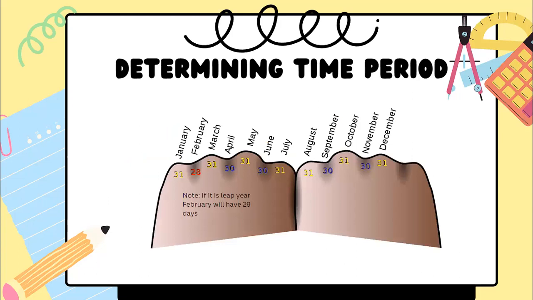Next. Now, in determining time period, kailangan nating malaman yung mga months that are up to 31 days and months that are up to 30 days. Now, meron tayong method na gagamitin para mas madali nating ma-determine kung ano-ano ba yung mga months na hanggang 31 and ano-ano ba yung mga months na hanggang 30 days. Now, by looking at your fist,